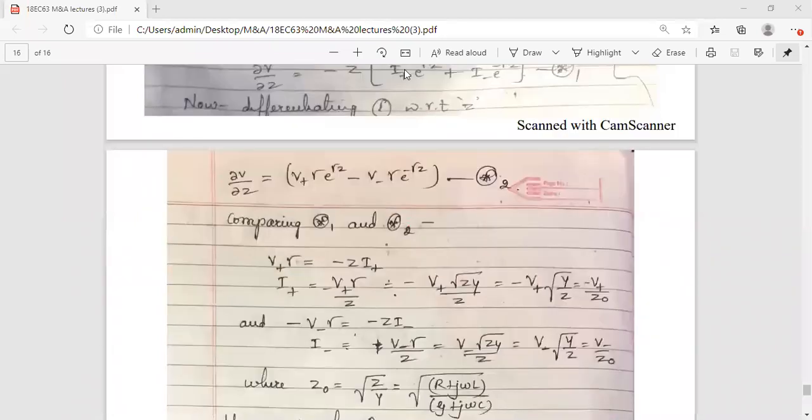The first comparison I have written, you can see it: V plus gamma is equal to minus Z I plus, or readjusting, I plus equal to V plus gamma by Z, or simplify, gamma is equal to square root of ZY, substitution,